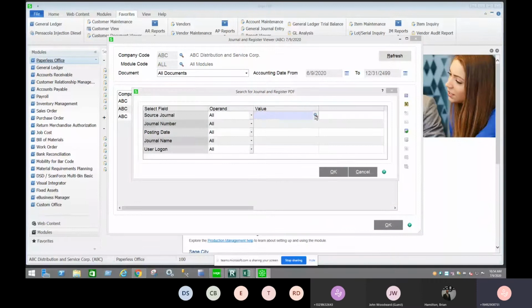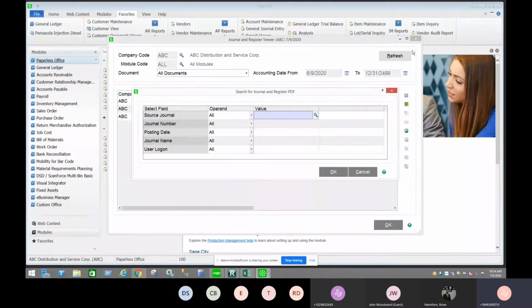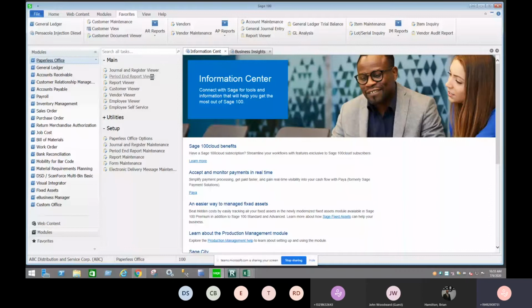What source journal, what journal number, what date range, what user. So you can retrieve those through electronic search functionality in the event that one of those transactions is audited. Now, likewise,